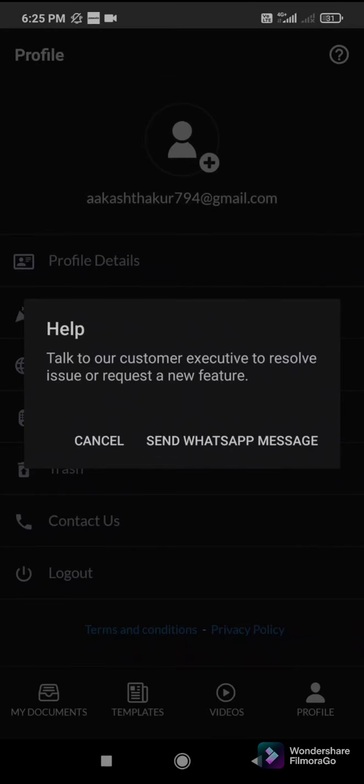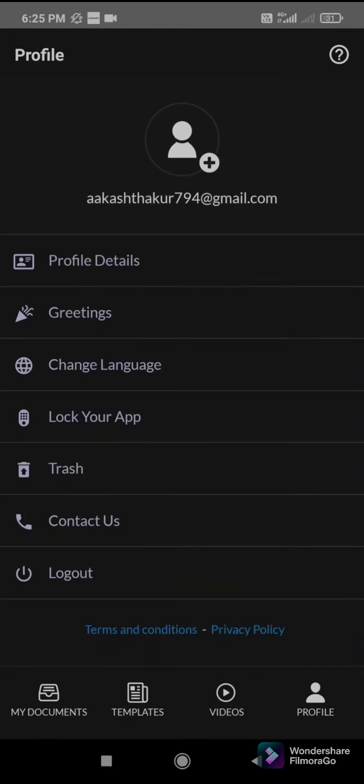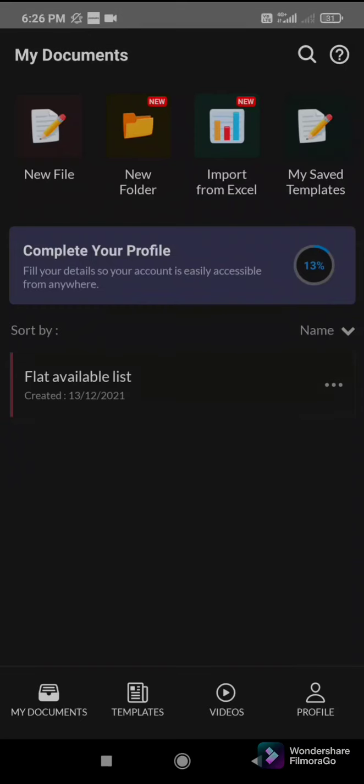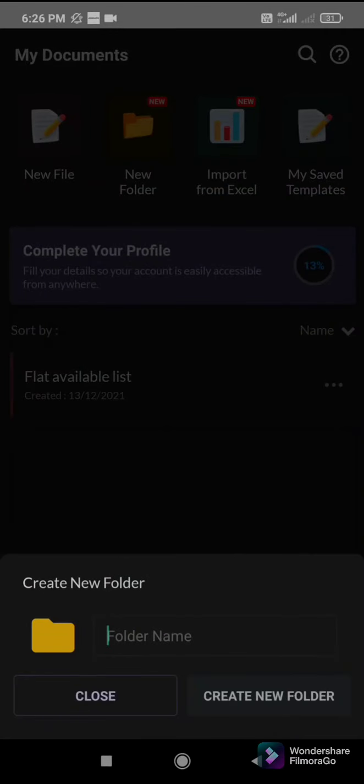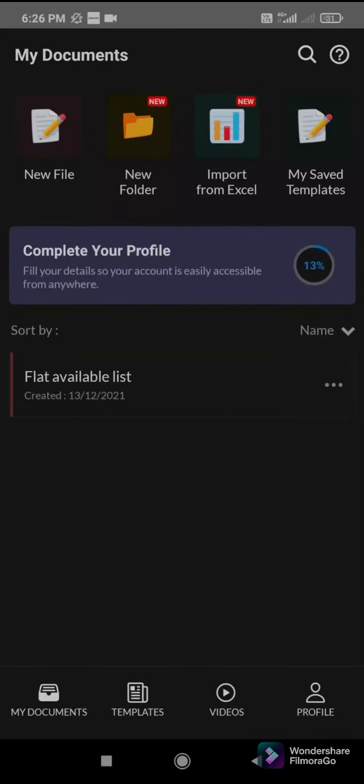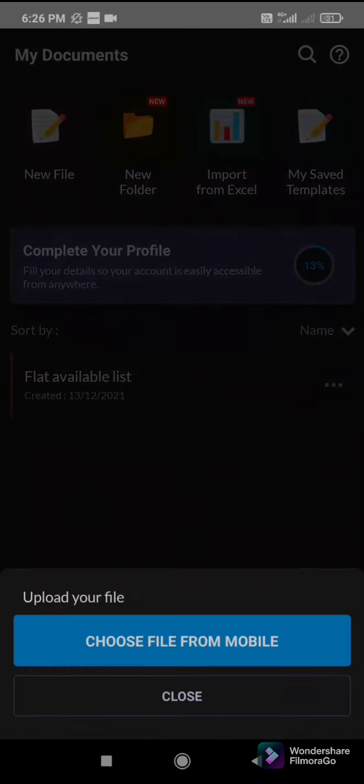Okay. So my documents. Let's create something now for sample purposes. I want to create one file for you. So let's go for one file. In the new folder, if you have created any folder and any table or charts, you can save that file in the folder, and those things will be reflected here whenever you save a file. You can rename this one too. Okay. If you have other files you have already created, in Excel format, you can import that Excel file into this application so that you can refer to it whenever required. Now let's create one file for you.